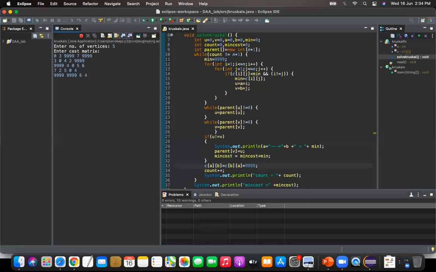See, now I will not explain what is the adjacency matrix, all these things.